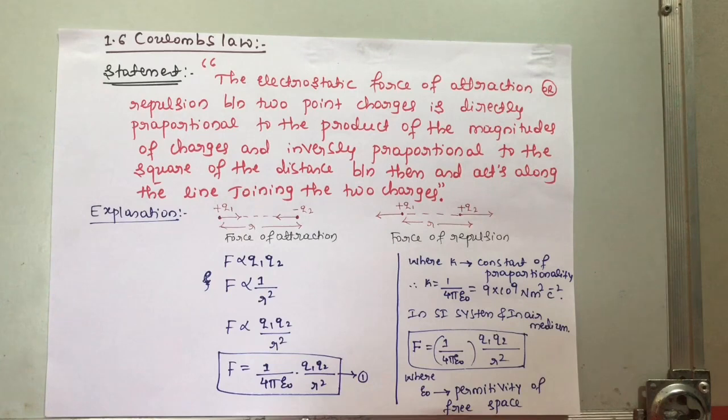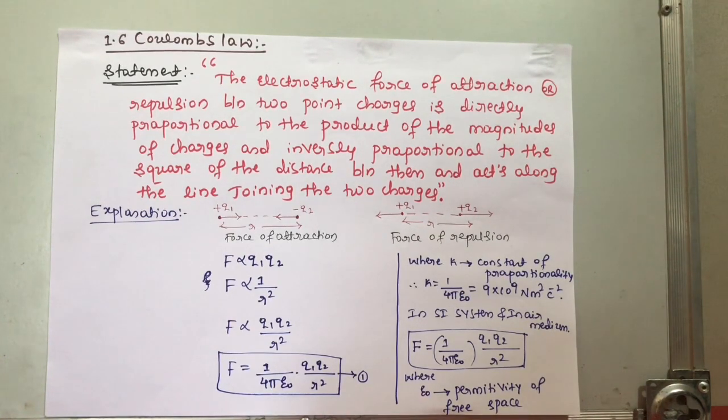The next concept of your topic is Coulomb's law. In 1785, the French physicist Charles Coulomb experimentally measured the electric forces between small charged spheres by using a torsion balance. He observed this in the form of Coulomb's law, which is the electrical analog of Newton's law of universal gravitation in mechanics.